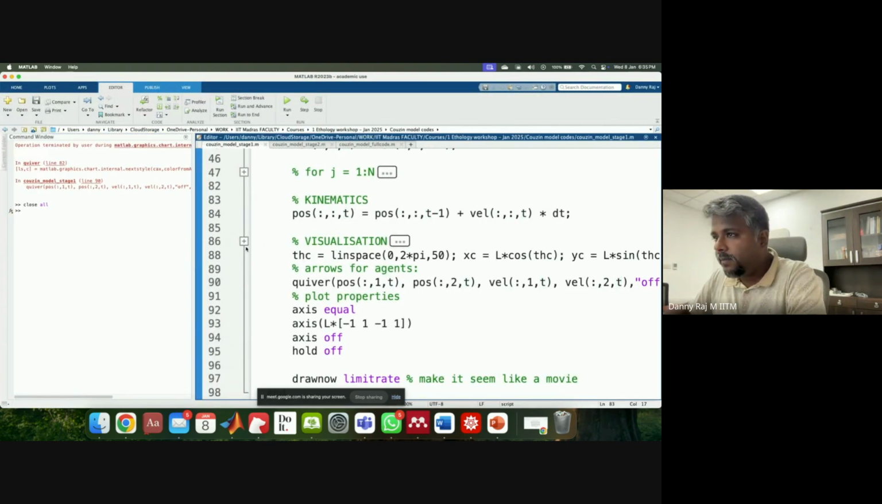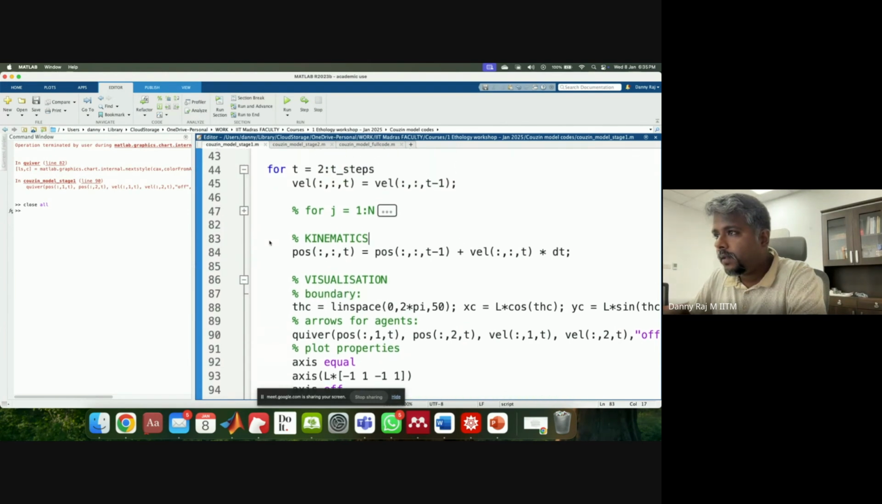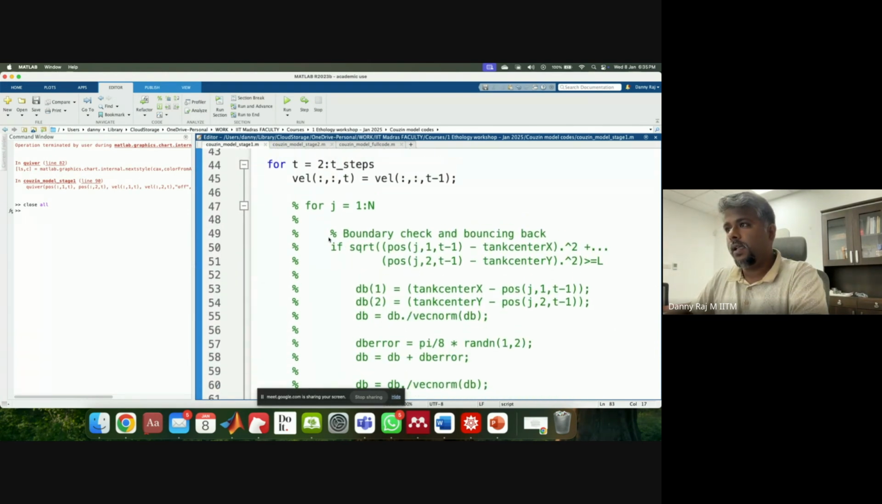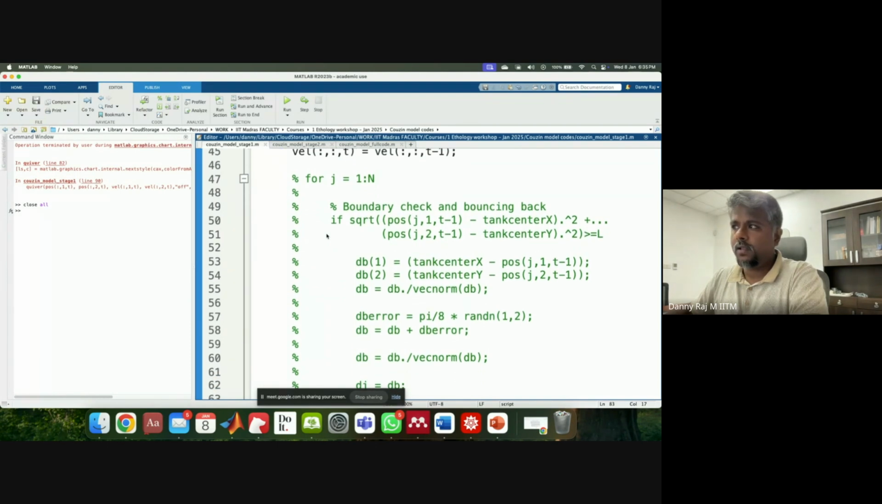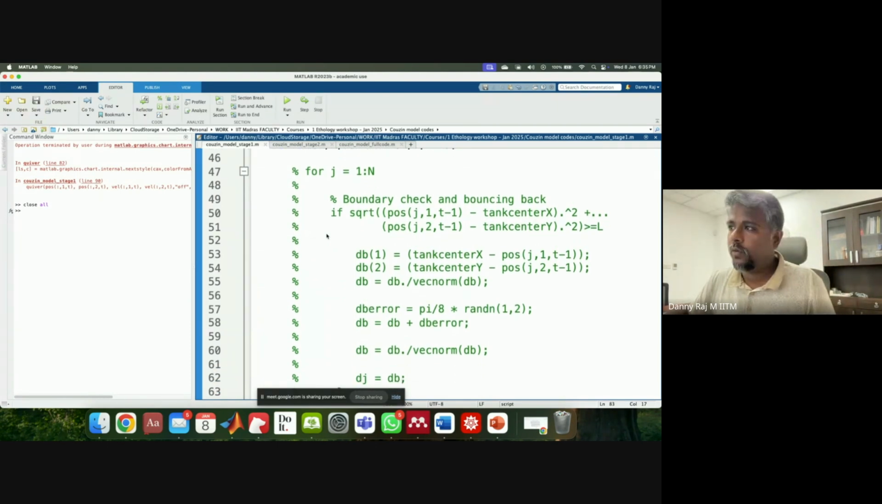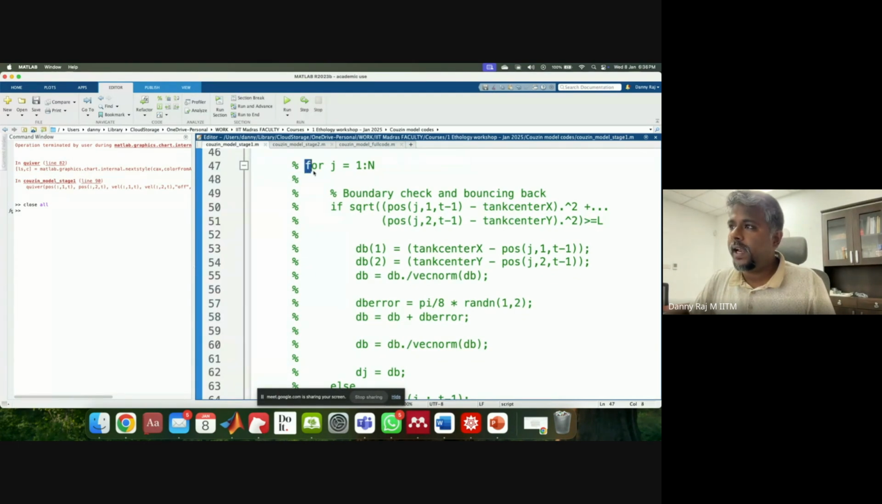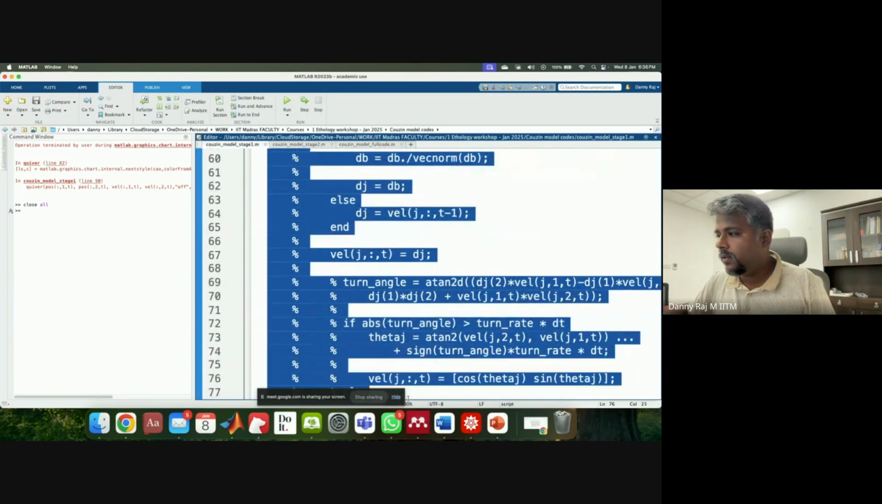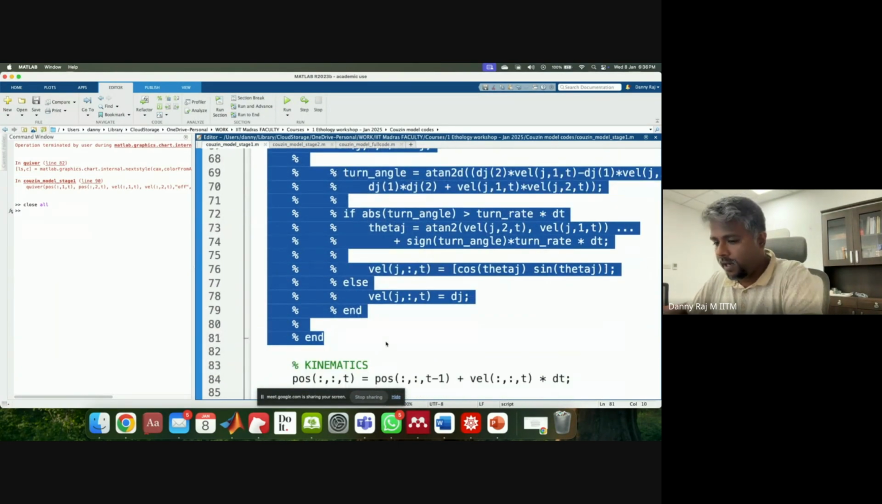Okay, then let me open this. Now what I can do is make it slightly better. I can say, at least see the boundary. So what do I do? This is a loop where I do this for every agent independently. Within time t equal to 2, for every agent, you can do this. So I'm going to uncomment